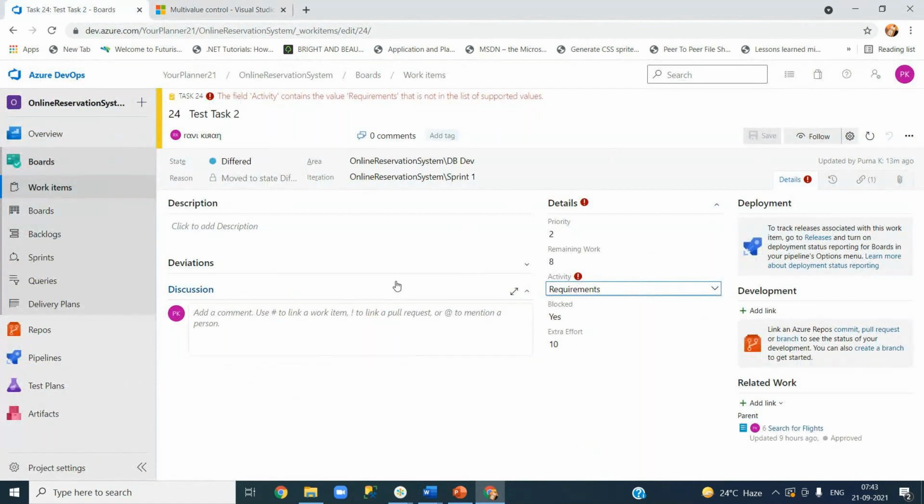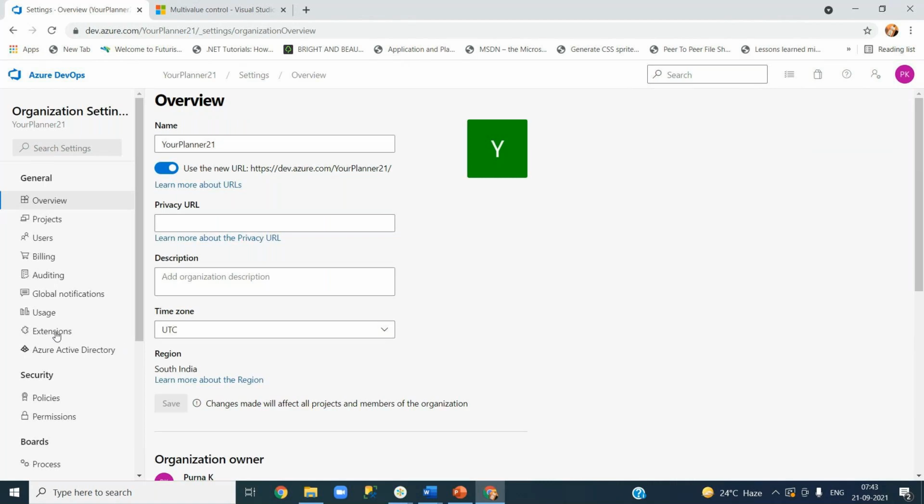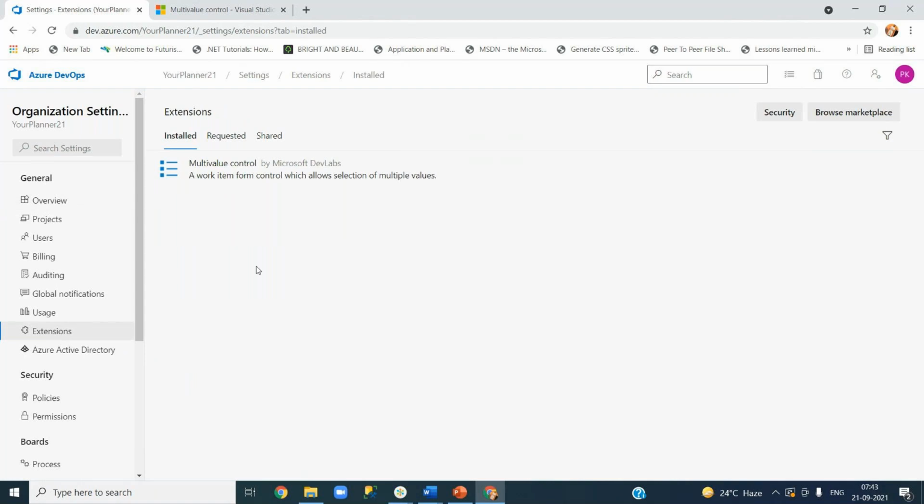Okay, let me go and uninstall that extension. If you're a project administrator, or the administrator of your organization, you can go and uninstall as well, the same way you install. For that, go to your organization, then organization settings, and you will have an extensions menu here. Click on extensions,